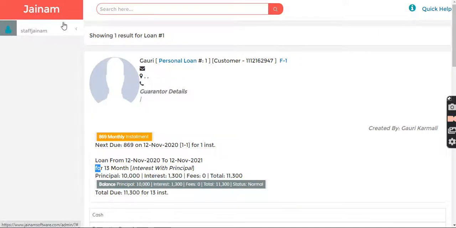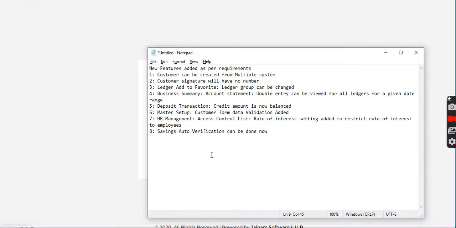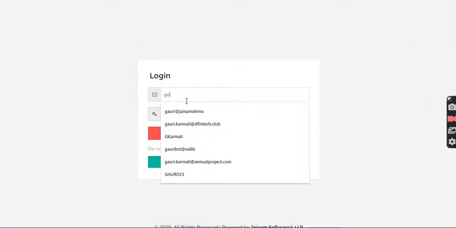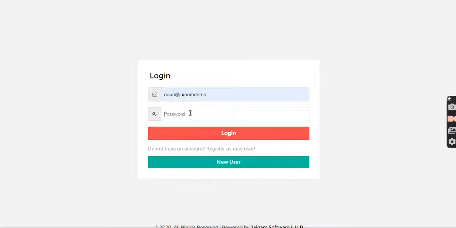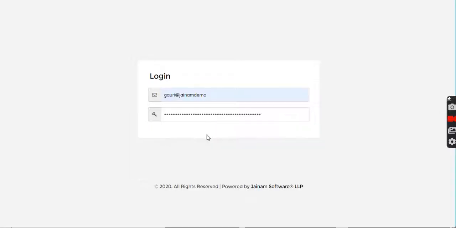Now the last one is there's one more requirement that was done, and that is savings auto verification can be done. So now I log in as admin again, create a saving.